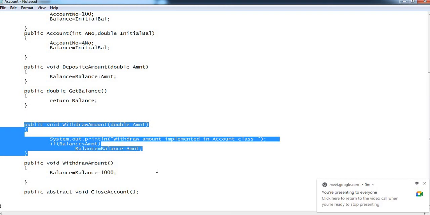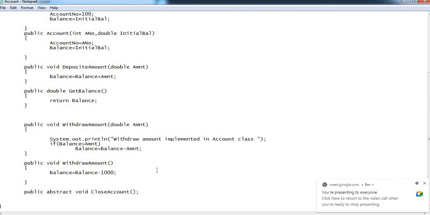But let's say now the parent class wants to define such a method or implement a method that it doesn't want to be overridden, because overriding is a way by which classes can change the implementation. My class wants to define a method which should not be changed at all by any class. Let's take the example of opening an account. So public void openAccount.